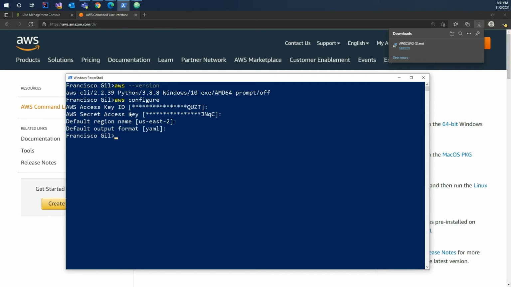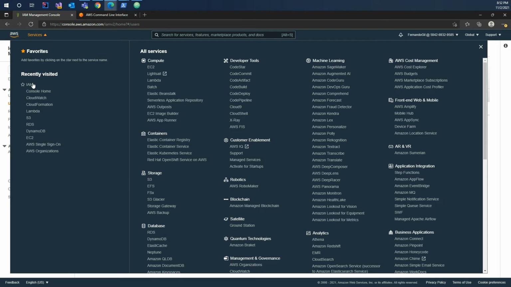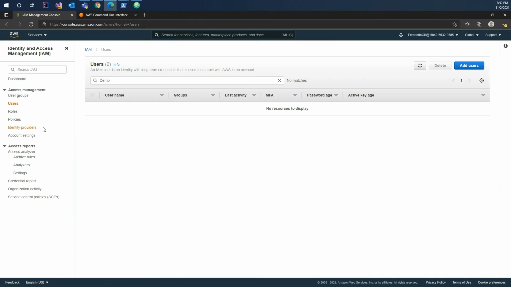But let's imagine you are doing this for the first time, so you don't know where to get this data, and basically these two. So for that, I'm gonna assume that you already have an AWS account. So we can go to the AWS management console and the services, and then you can search for IAM, and that will take you to this user management here,